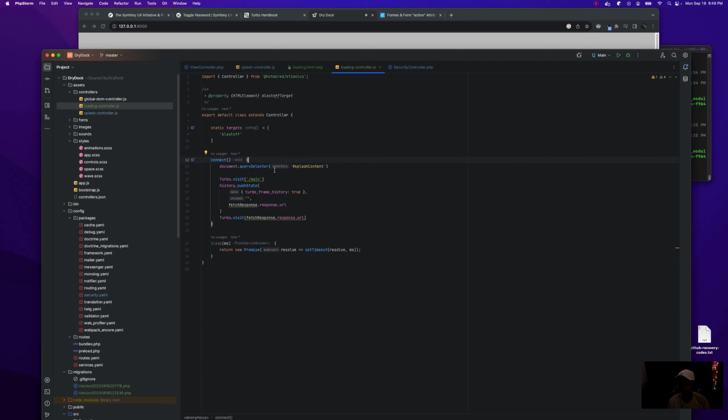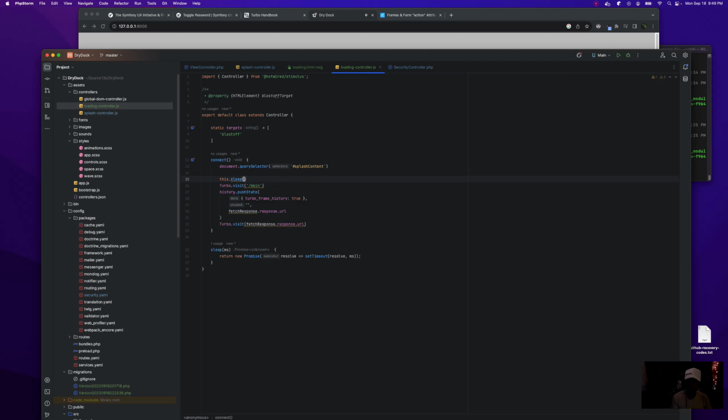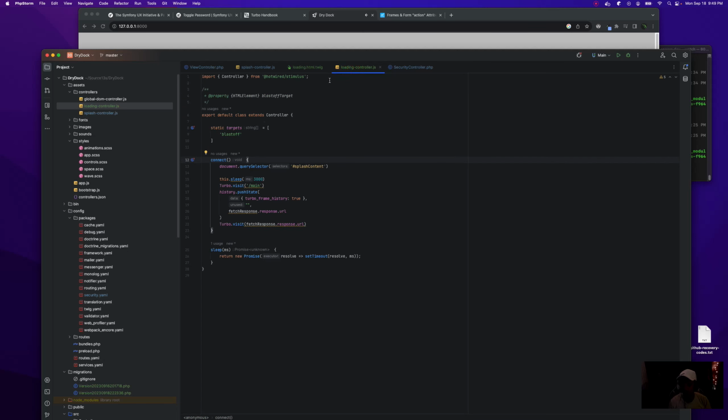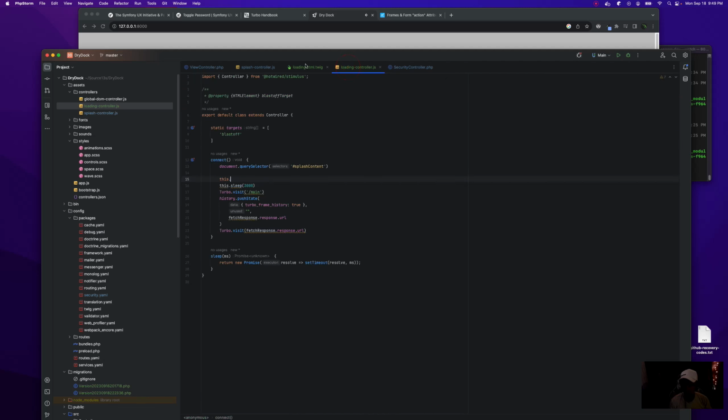So what's going to happen is we have a 3-second timeout. Once we load this on connect, we're going to hide everything else, and this is going to load like an empty turbo frame until the spaceship animation comes in.